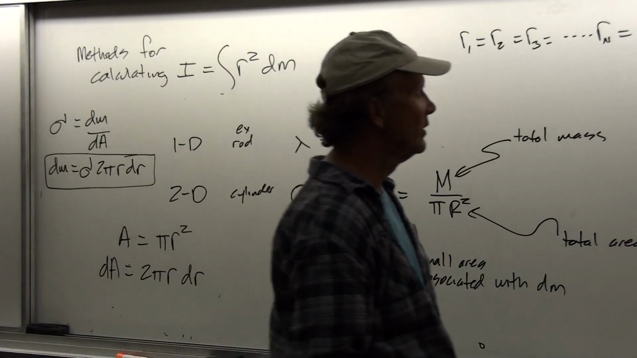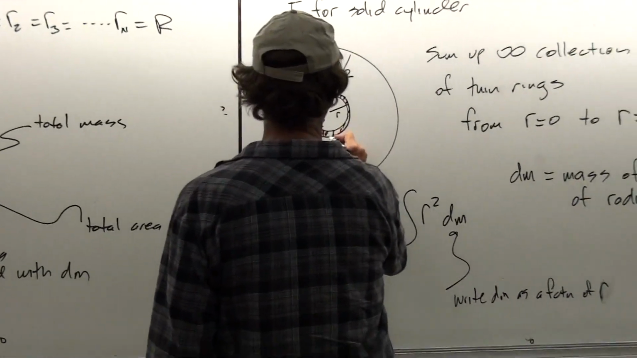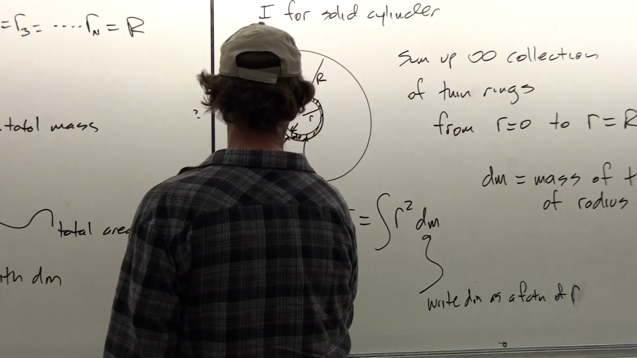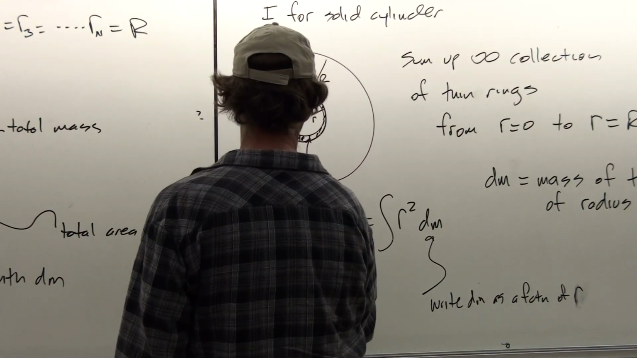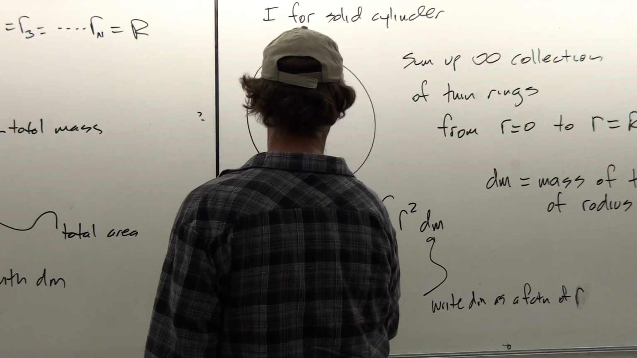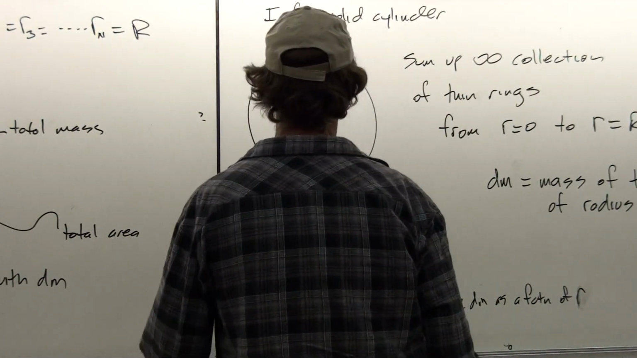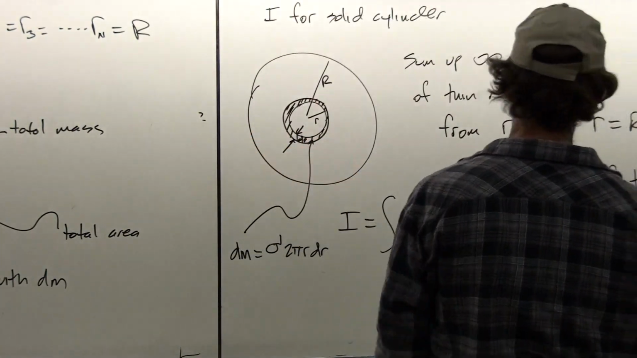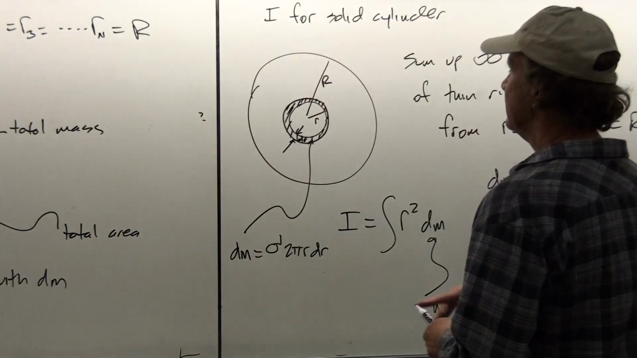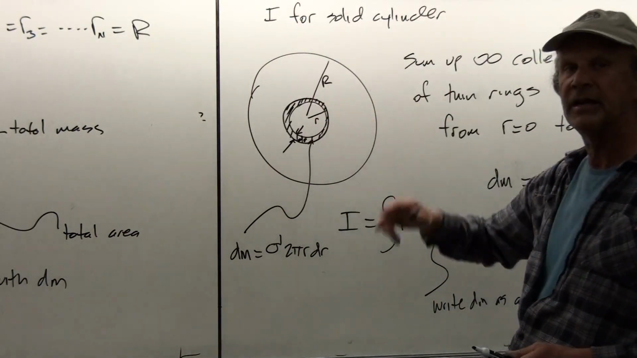So that's what this little bit of mass is here. A little bit of mass in that region is equal to the mass per unit area times 2 pi r dr. Now if you don't believe that, or that seems too abstract to you, let's try just snipping it and